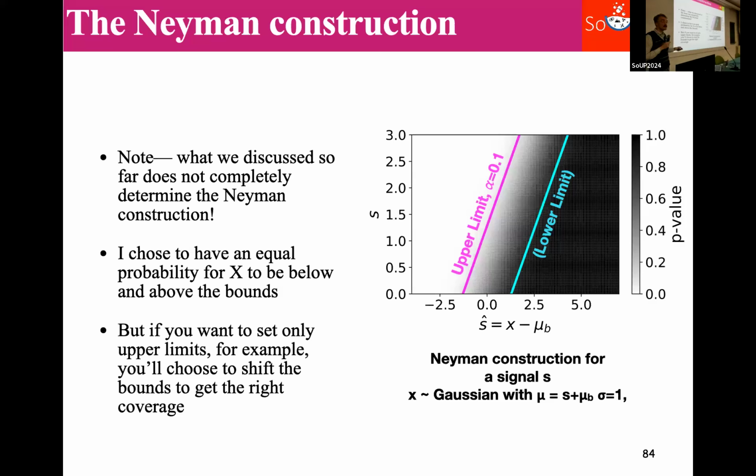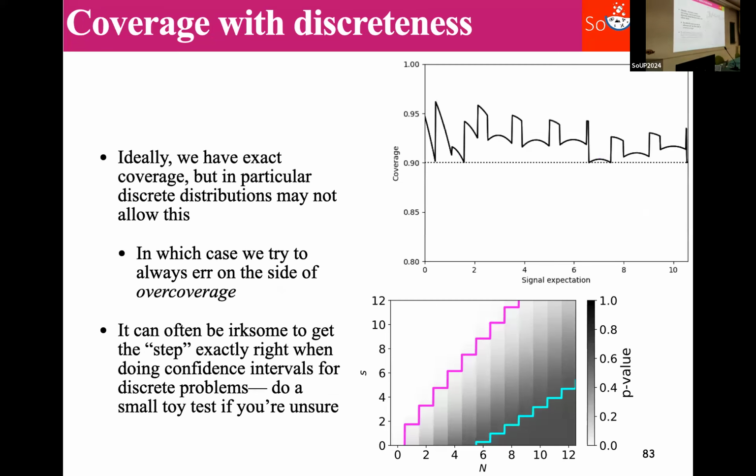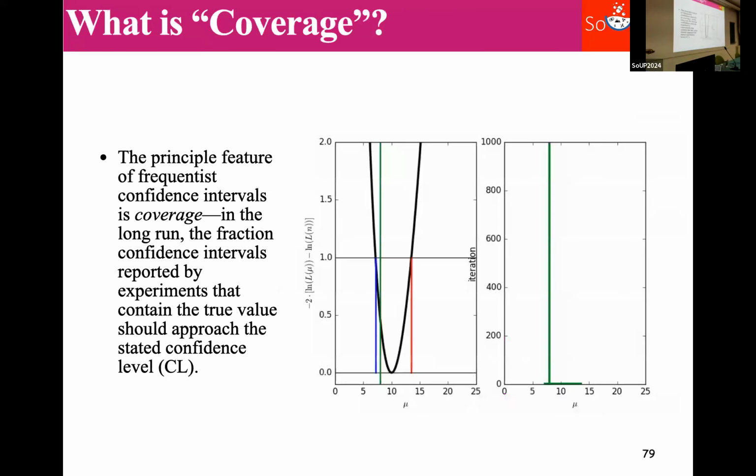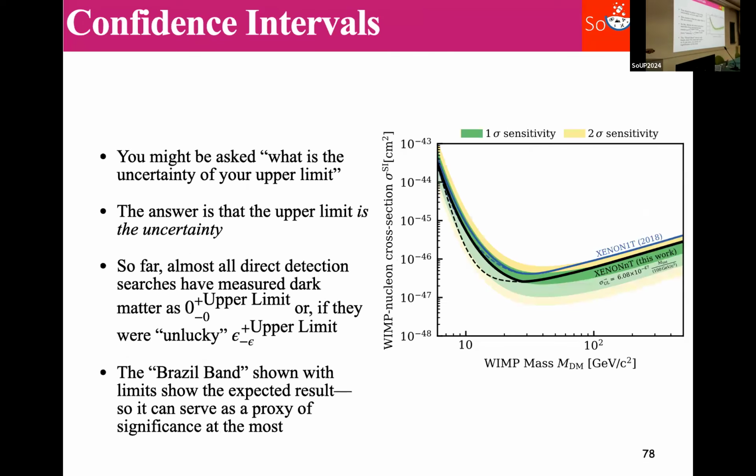Aesthetics mostly. That sounds like a joke, but it's also a fair point. Now, why would you want to do that? You could have different reasons. So this is why these guys are lightly colored here, which is to say that below here, Xenon decided to set what is called the power constrained limit, which is one of these alternatives to set these thresholds. Xenon set theirs at their median sensitivity.